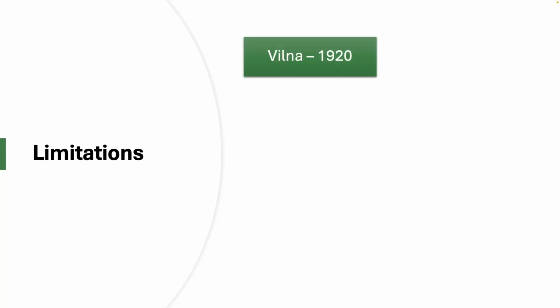And then we can talk about some of the failures and limitations during this time period as well. One of the main problems was the fact that the League began to struggle with enforcement. There wasn't any enforcement power. It relied on the goodwill of states to accept the League's decisions. And so when powerful nations who had no obligation to accept the League decisions began to act against some of the decisions of the League, we can see that there were problems that were going to take place.